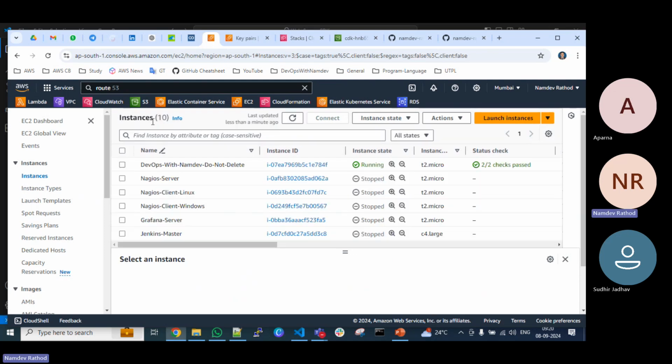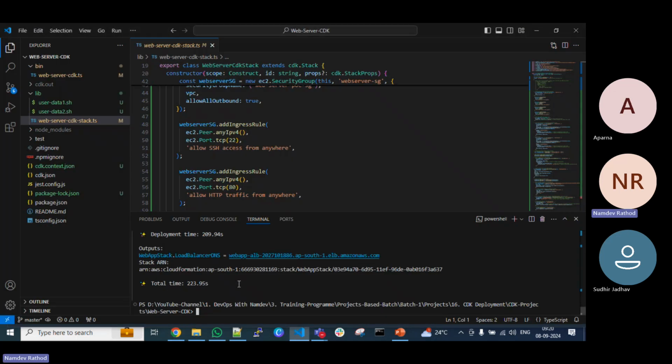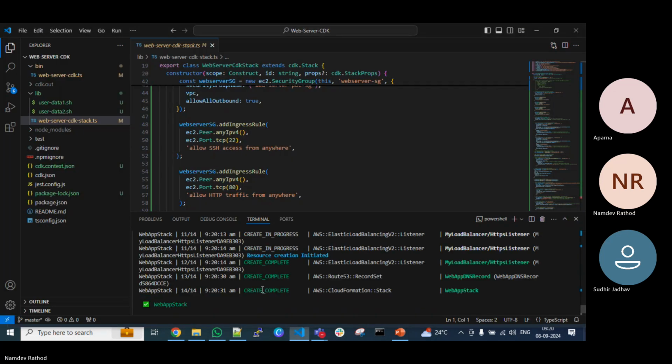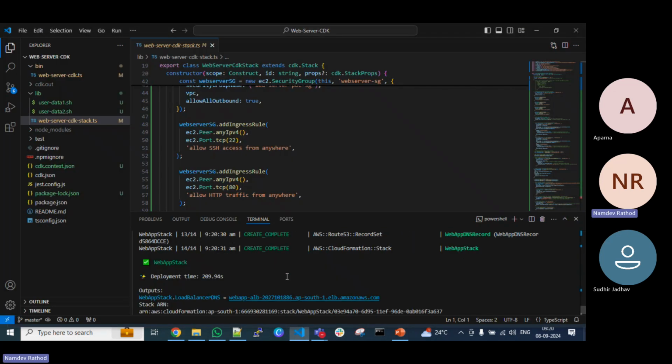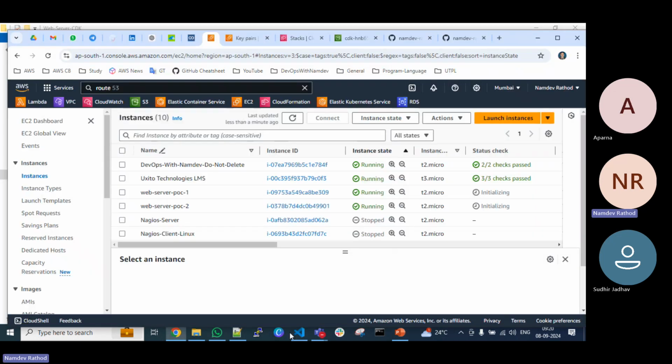See, यहाँ पे देखो 8 का 10 हो गया. Let me refresh. Yes, this running state. You can see web server 1, web server 2. तो यहाँ पे देखिए इसका आउटपुट भी आ गया. Create complete. So same thing like Terraform की जैसे ही है, कोई ज़्यादा changes नहीं इसमें. And it will automatically create your resources. And if you look at this,